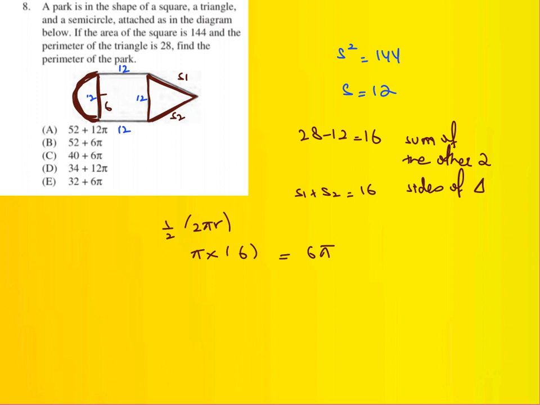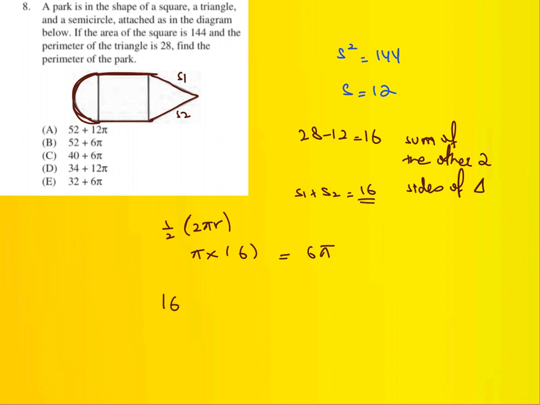Now what we have to find is the total perimeter, which is the sum of the outer sides. So if I talk about the perimeter, that's going to be these two plus these two sides of the square and this arc. So these are the outer boundaries of the shape, and the sum of all these lengths is the perimeter. Now what we have to do is just add these sides. Now this was S1, S2, which I already found as 16.